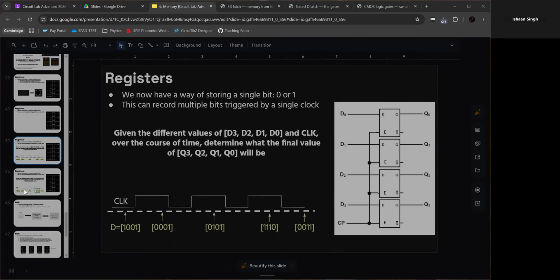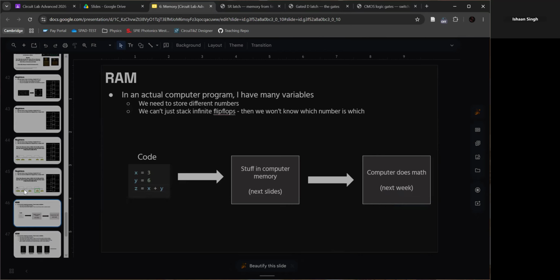Now, RAM, random access memory, is just a bunch of flip-flops, plus some extra machinery to coordinate the flip-flops. We'll talk about that when we get to the actual CPU. It involves a decoder and a multiplexer. But the moral is we need different registers to store different numbers. We can't just have a stack of a bajillion flip-flops because then we don't know where one number starts and the next number ends. So you typically have a bunch of 8-bit or 16-bit registers